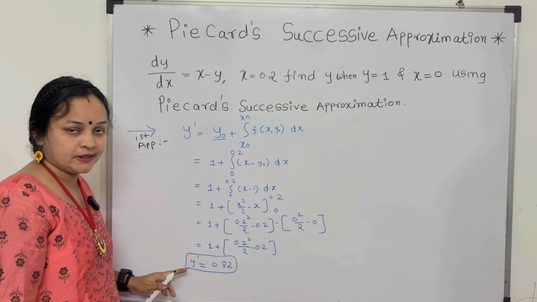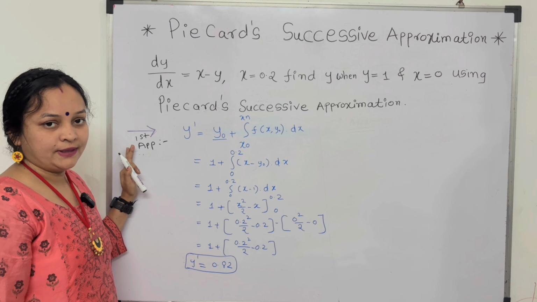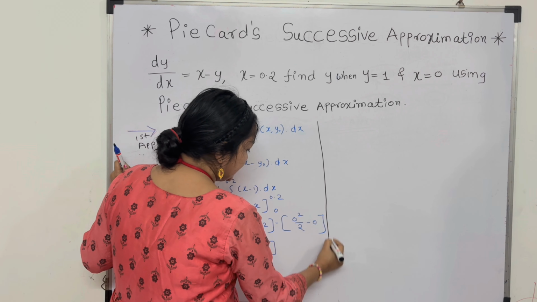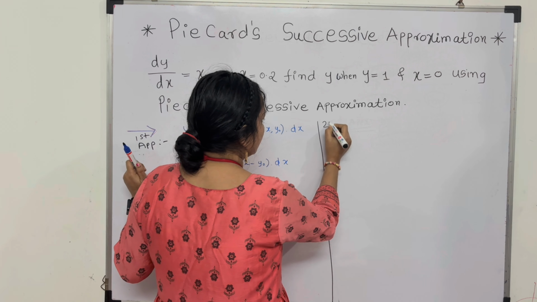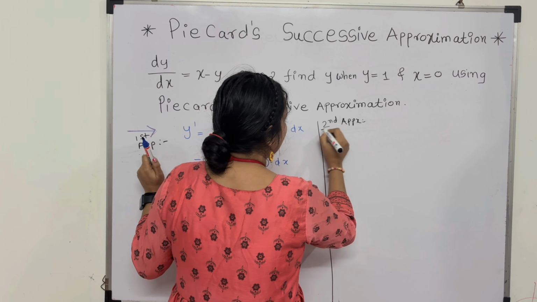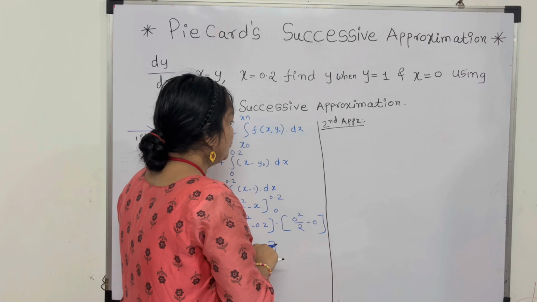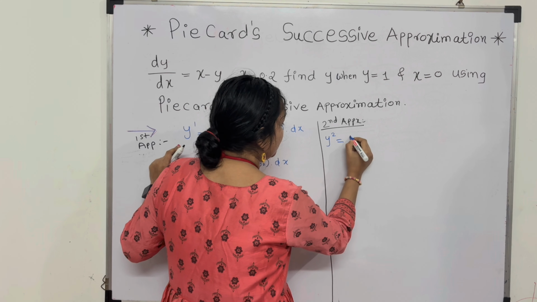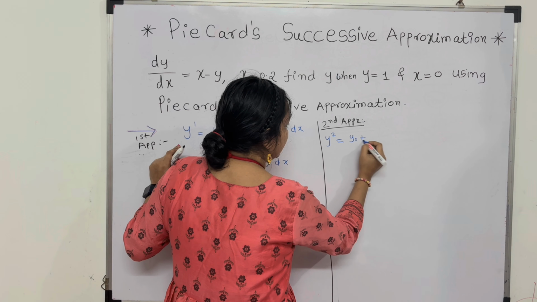That is the first value. So this is the first approximation. Now you have to perform the second approximation, right? So just go for the second approximation in the same manner, right? So for the calculation of this, now we are supposed to calculate y2 equals y0 plus